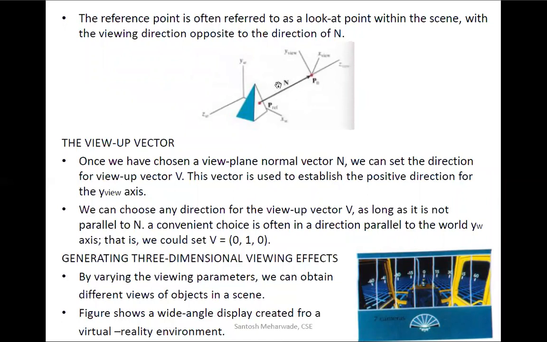On that projection plane only, the image of the object is going to be displayed, meaning captured. This normal vector is moving from P ref towards P naught. What is P naught? That is our camera position.